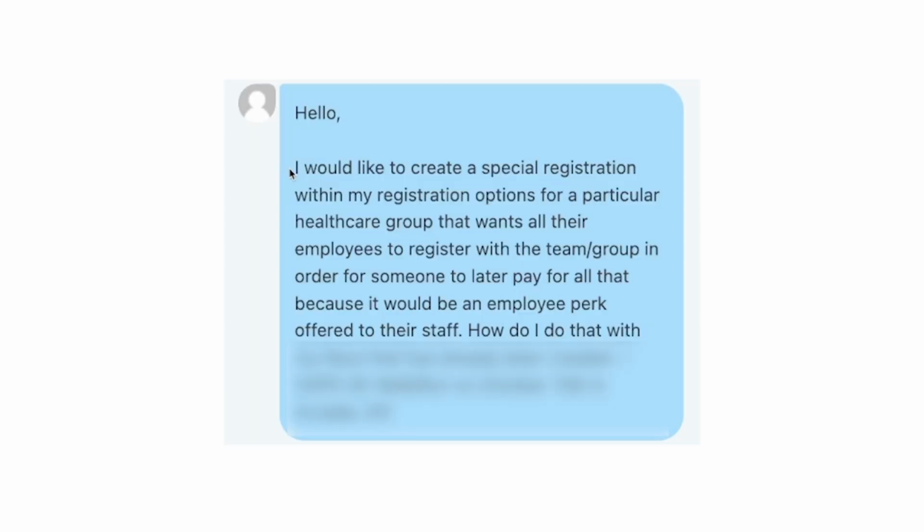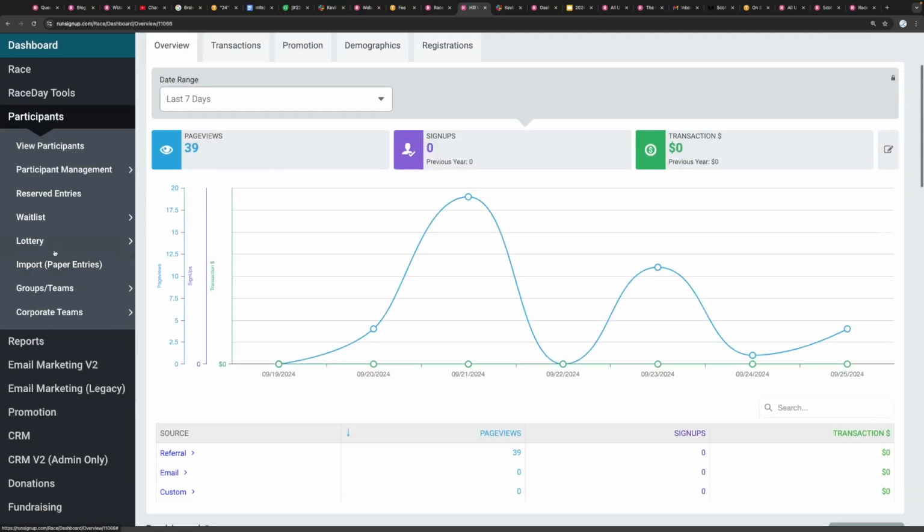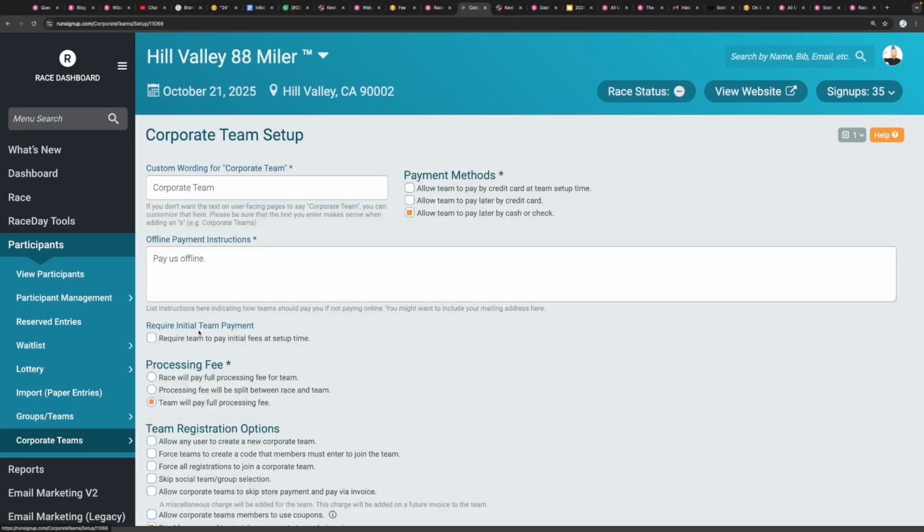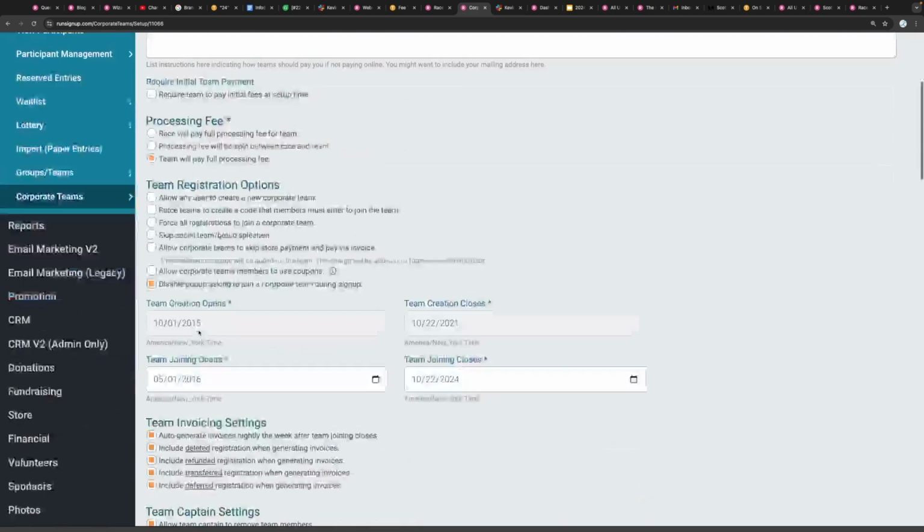So sometimes on Info Out, we'll get emails like this. This race director is saying, I would like to create a special registration within my registration options for a particular healthcare group that wants all of their employees to register with the team group in order for someone to pay later. Now, if you go to Participants, Corporate Teams, and Setup, we do have our corporate teams feature here